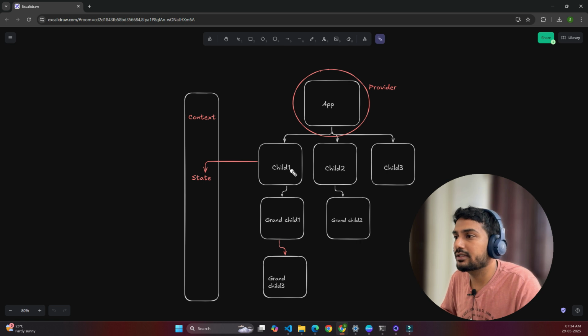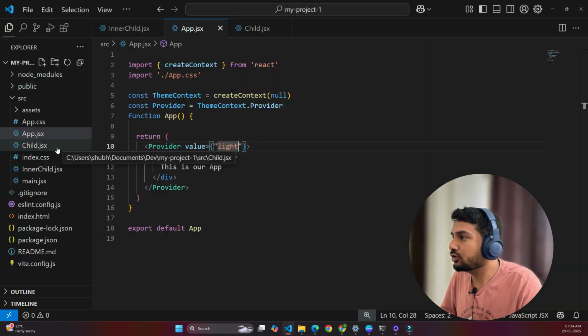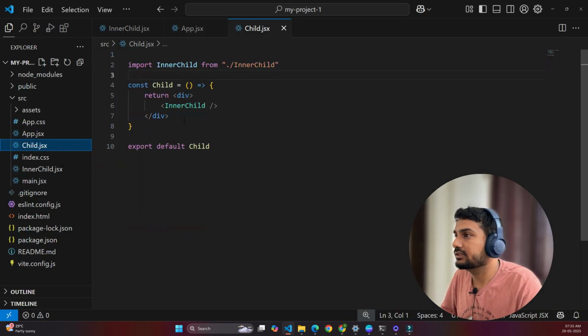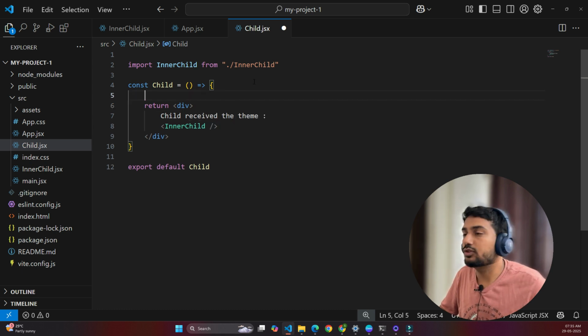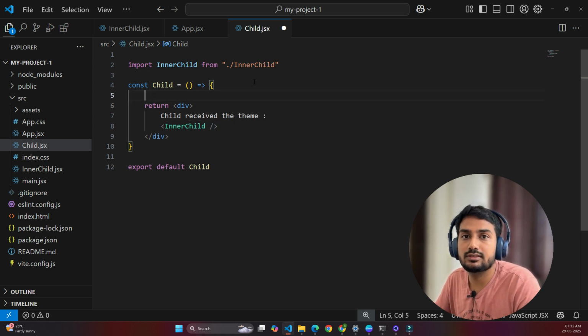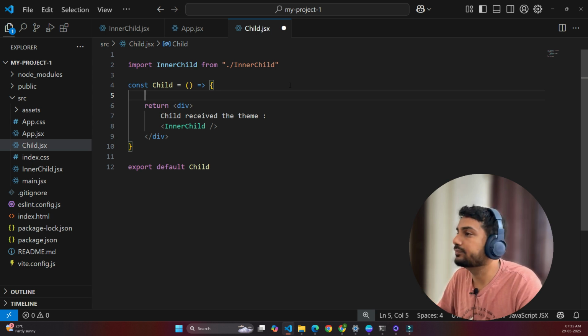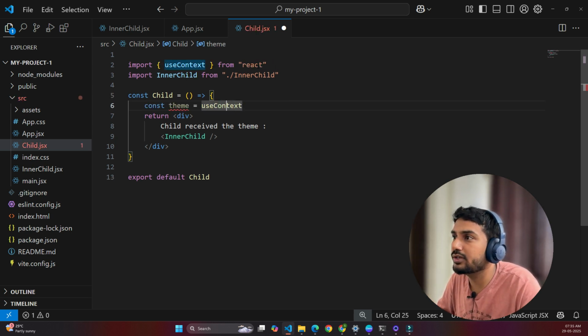The second part, and that is the most important part, is to consume the state from each and every child of this application. So let's do that. The first child we have is the child component. So let's receive the theme here. How can we consume the theme from the parent component? We have the useContext hook provided by React, which can consume the context and read its value. This useContext hook can be imported from React,